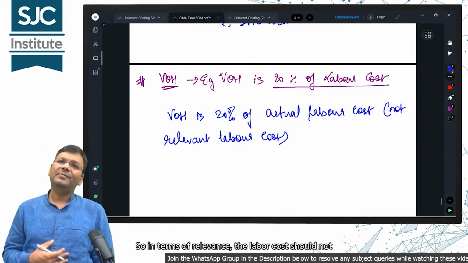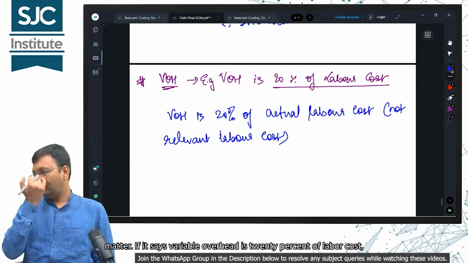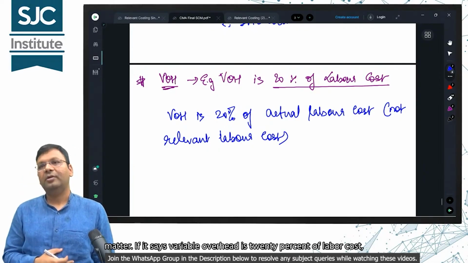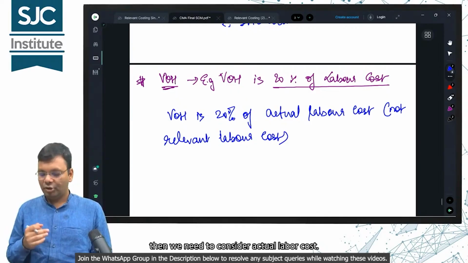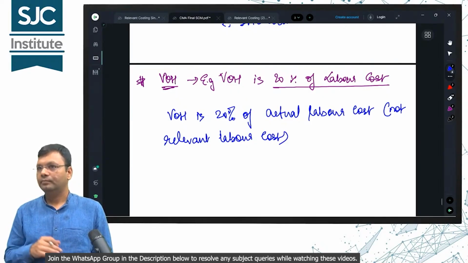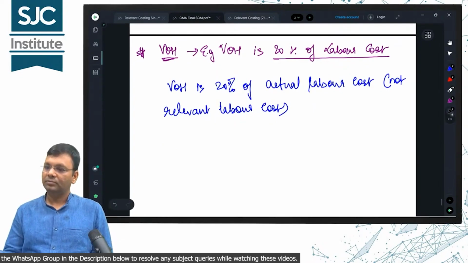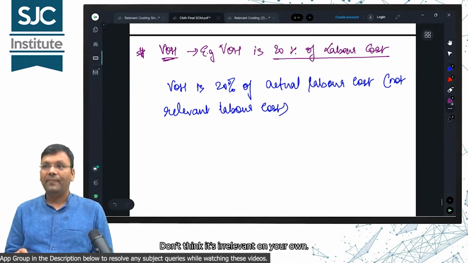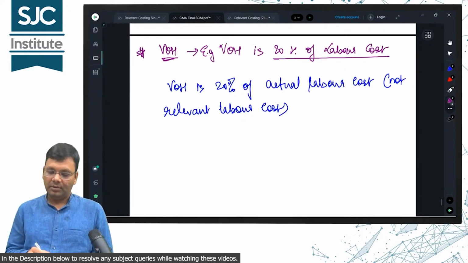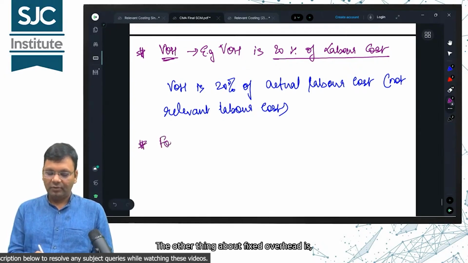So in terms of relevance, the labor cost should not matter. If it says variable overhead is 20% of labor cost, then we need to consider actual labor cost. If nothing is mentioned, we assume that variable overhead is entirely relevant. Don't think it's irrelevant on your own. The other thing about fixed overhead is,